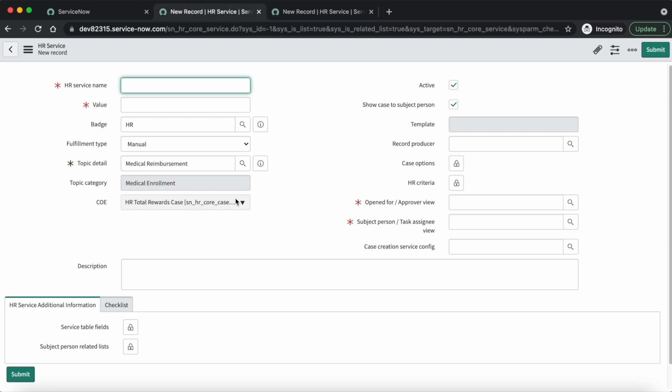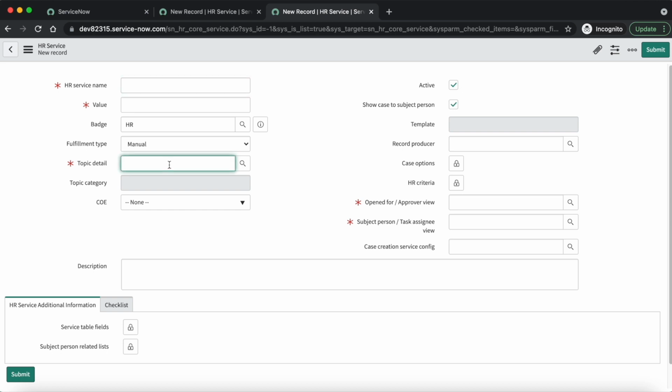The only difference is, if we are creating from the topic detail, medical reimbursement gets auto populated as the topic detail, along with topic category and COE. But through the application navigator, you have to manually select the topic detail.